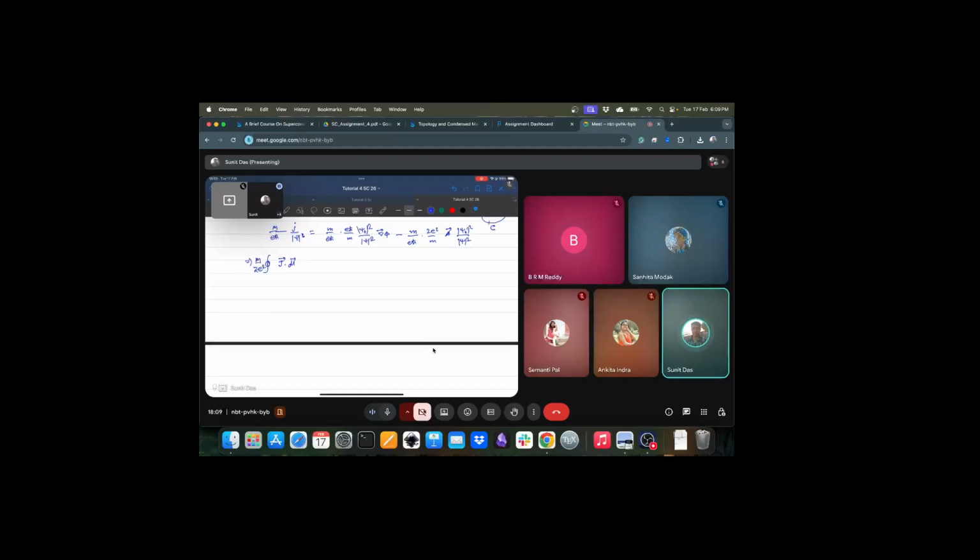So dl is the elemental length somewhere here in the closed loop, and then mod psi